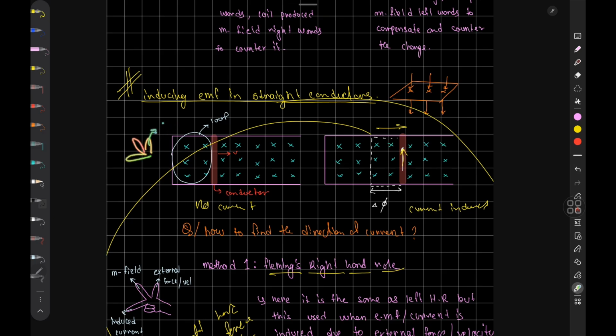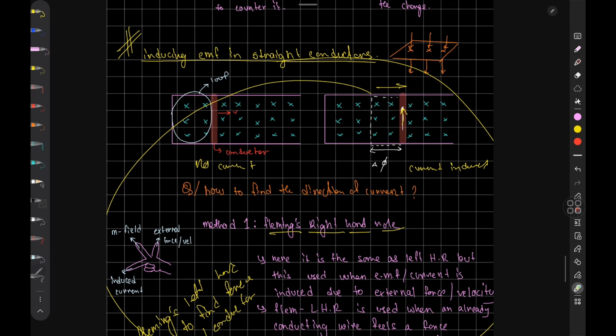This is your thumb, which is same as previous, force. This is your B field direction, magnetic field direction, and this, my friend, is your middle finger, so it's your current. Great. So those three fingers are the same. The tags of all those three fingers are the same, no matter the hand. It is simply that we use the right hand because